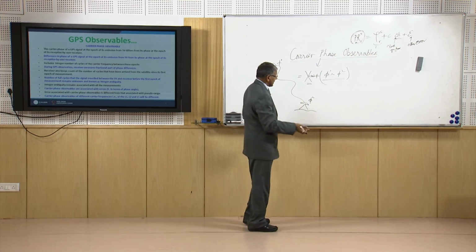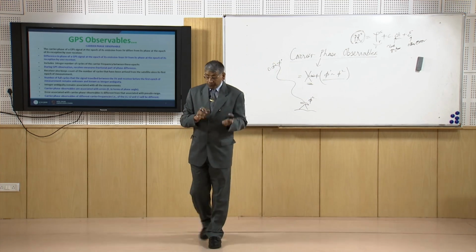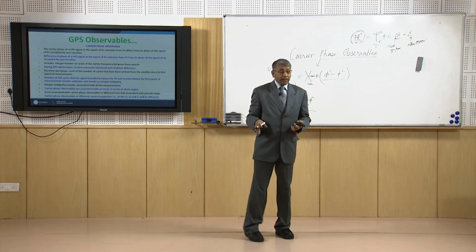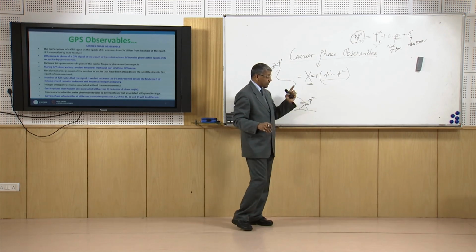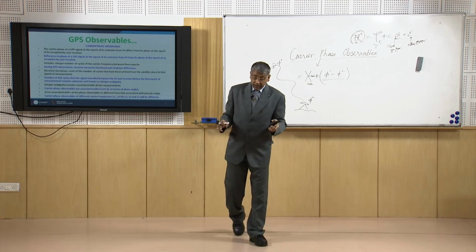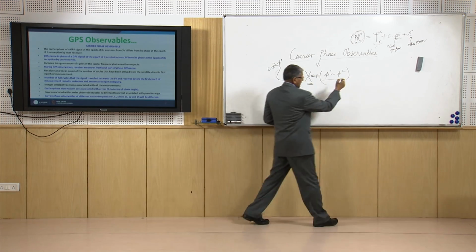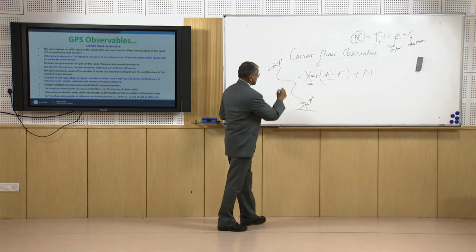Counting that we can get the value, but there will be a problem for the first signal received, because in the beginning how many full cycles have come is not known. So there will be an error associated with each GPS observable,